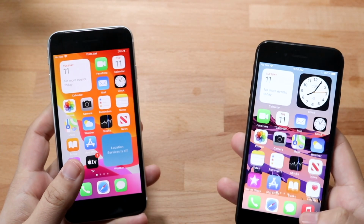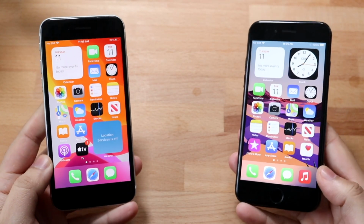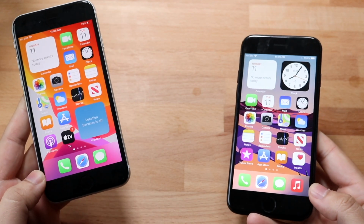Welcome back, everyone. Let's go ahead and do a comparison in 2021 compared to the iPhone SE 2 and the